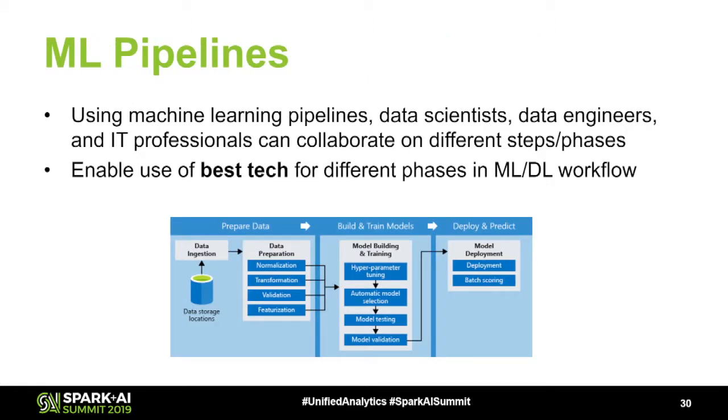Finally, I want to wrap up by talking about ML pipelines. Having a unified analytics platform like Spark definitely helps, but there are lots of cases where there cannot be one single runtime that caters to all the needs. So it is important to have something that enables the use of different technologies and different runtimes in your end-to-end workflow. Data preparation can be in Spark, deep learning can be done in a different infrastructure, and then deployment or inferencing can be on another infrastructure or platform or runtime. So having a machine learning pipeline really helps.